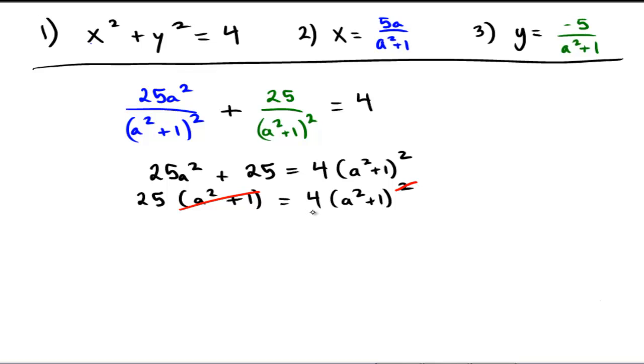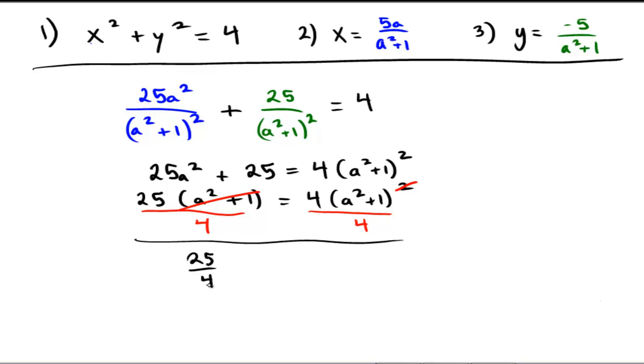At the same time, I'm also going to divide by 4 on both sides. So now, what do we have? Well, we're going to have 25 over 4 is equal to a squared plus 1. Okay, subtract 1 from both sides. 1 is, of course, 4 over 4, so this side is going to become 21 over 4